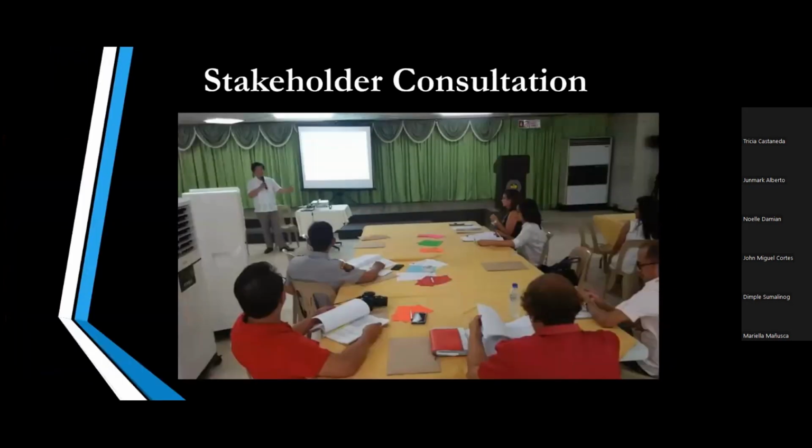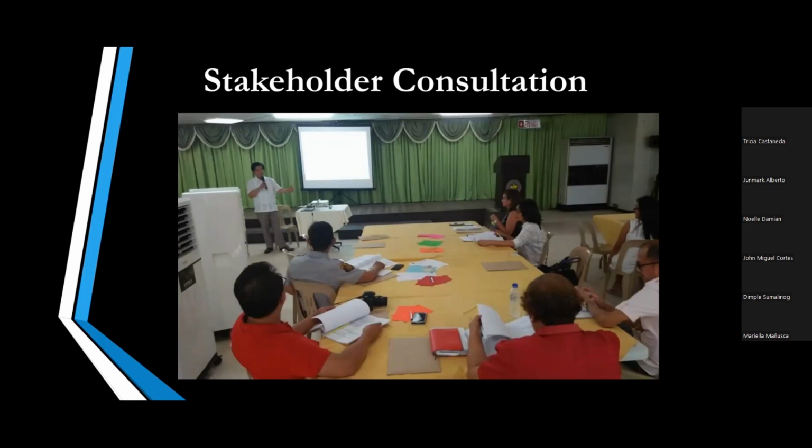We also have stakeholder consultation. So dyan naman, ang ginagawa dyan is, sometimes when you present your research, you don't just present it to your communities of practice or to practitioners or technicians or the semi-specialists, but also to the barangay officials, to the LGU, and other stakeholder na concerned dun sa iyong topic.